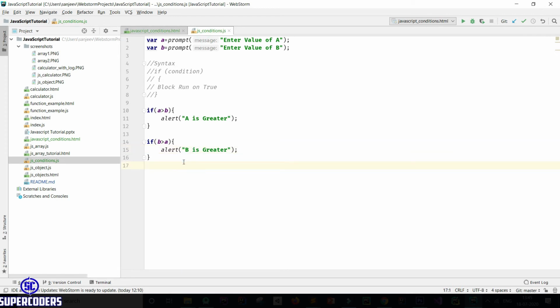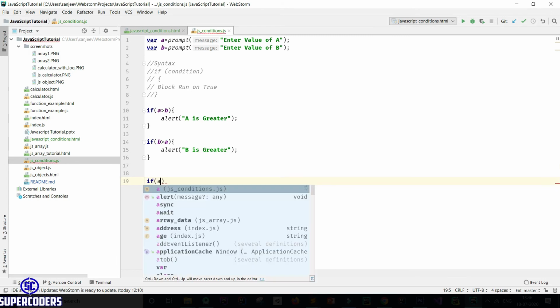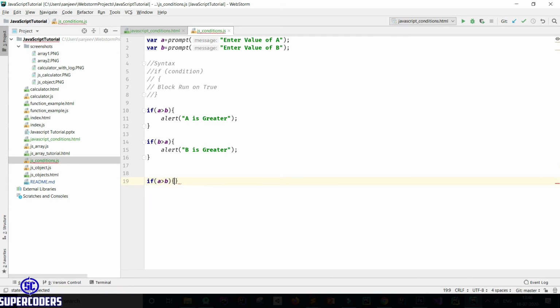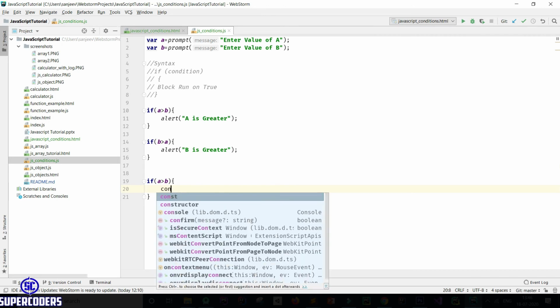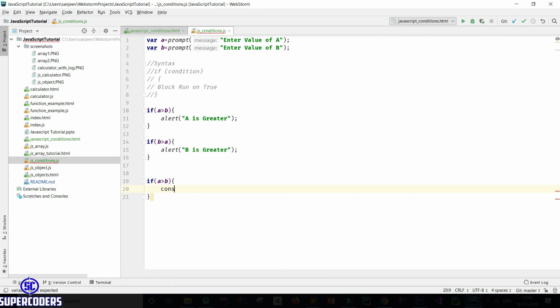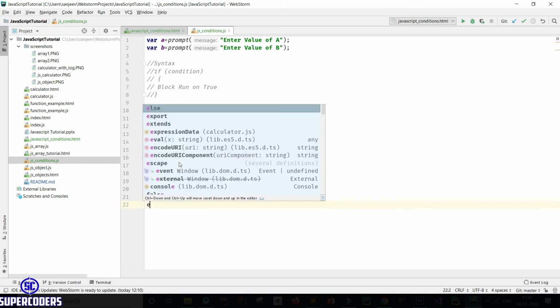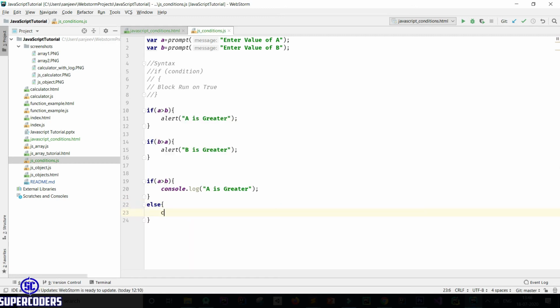Also, you can try to add an else condition. So here you see the if condition, now let's see the if else condition. If a greater than b, then console.log a is greater, and in the else condition you need to write the else block, b is greater.